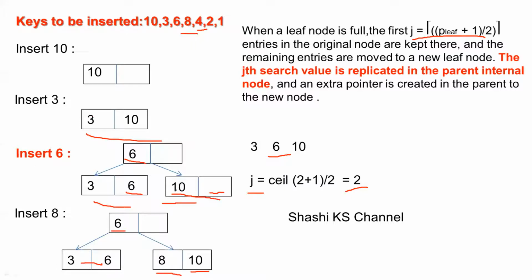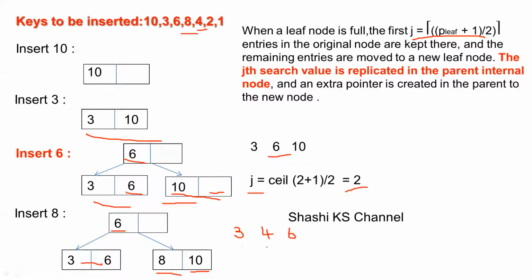So we traverse to the left of the root and check if we have a place to insert 4 in this node. It has to be inserted here. And what is the order in which we have to insert it? When it is arranged in sorted ascending order, it has to be 3, 4, and then 6. This is how it is in sorted ascending order.